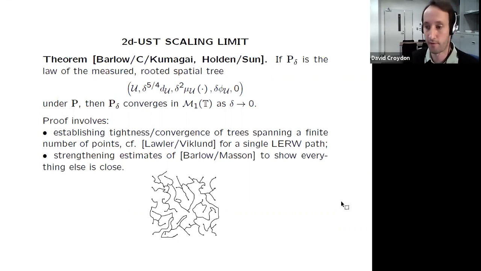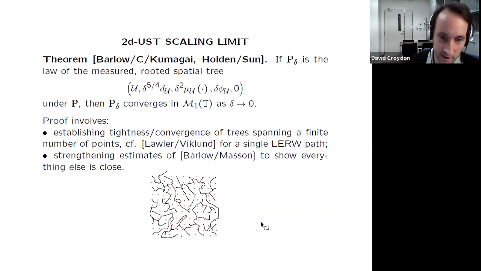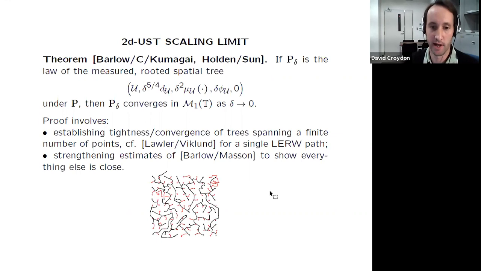And so that's the finite dimensional marginals in some sense. And then we need to then add the rest of the points in Euclidean space. So these are these red points here. So what we want to do is just show that eventually, as long as we chose enough black points to start with, then everything else is somehow close. So we don't have too many points like this, or there's not too much influence from points that travel a long distance before it connects up to what we've already got.